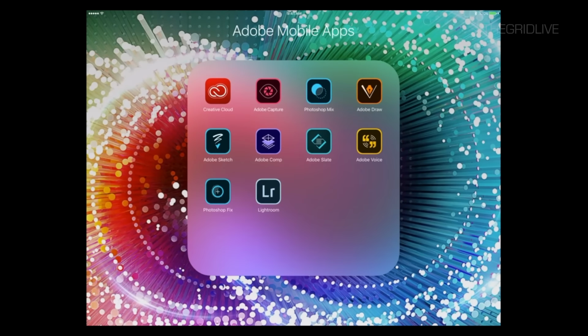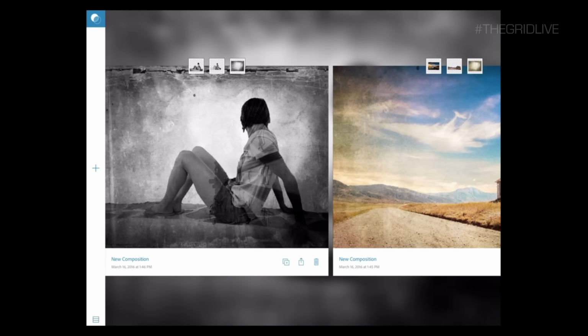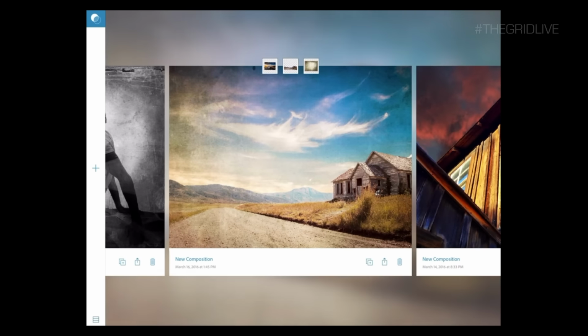What are some of your favorite mobile apps? I agree. Well, let's keep it to imaging for right now, just given this crowd. And so what I want to do is talk really quickly about Photoshop Mix, and not for creating a composite, although you can create a composite like what you see here. But I want to show the example that I showed you earlier of the multiple exposure effect, because